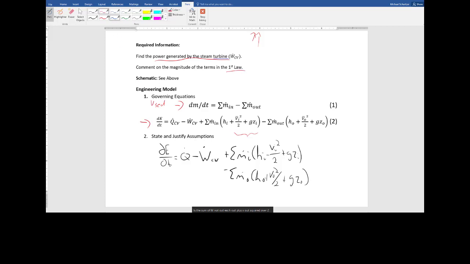Now, I don't want to deal with all those terms, so I'm going to use some of my physical understanding of turbines to start crossing stuff out. The first thing is we're interested in how much power this produces, presumably at steady state. It didn't say that here, but I'm going to assume that we are at steady state. I don't have enough information to calculate the heat transfer rate. If they told me that there was some heat loss from this turbine, then I would include that. But since they don't, I'm going to assume that this is adiabatic.